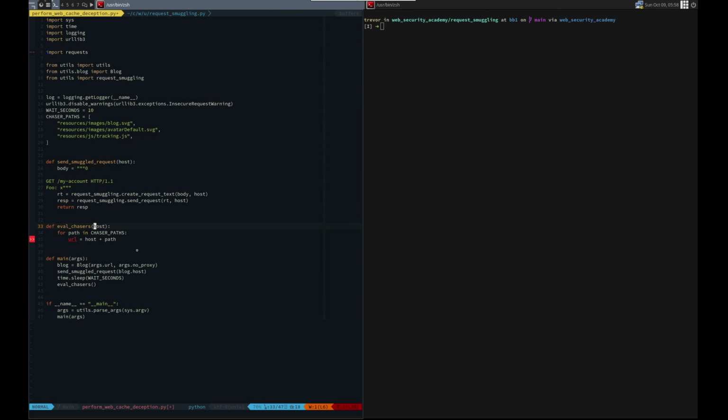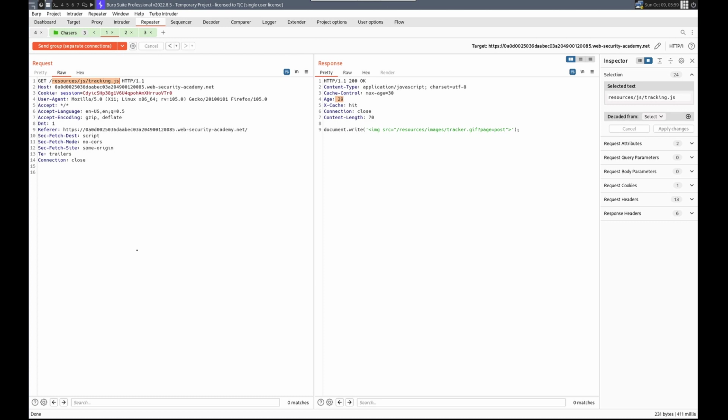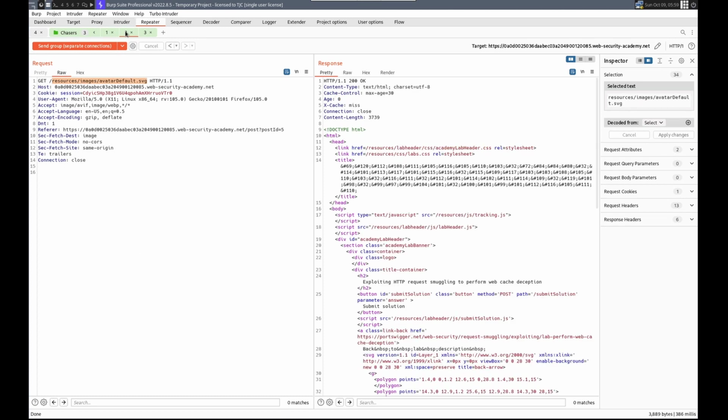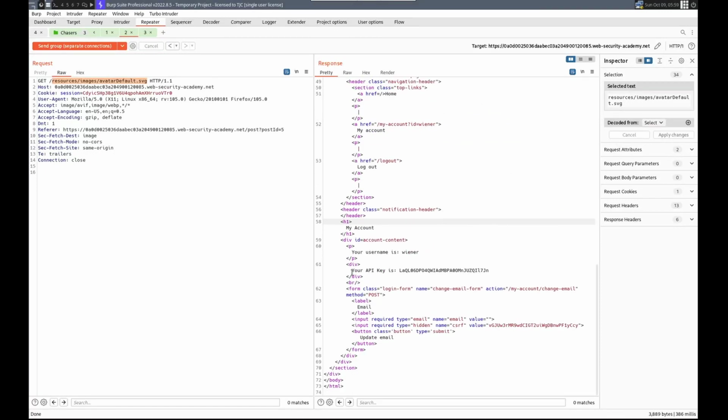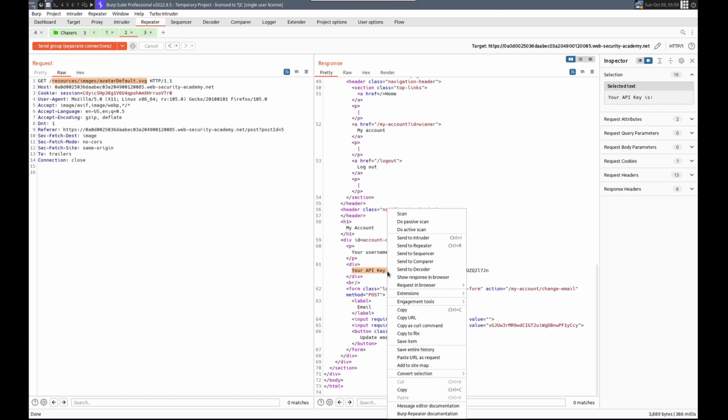And we should just pass in the blog, because with the blog we want to do blog.get of the host and save that. Change the word URL and save this as response equals, and then if your API key is in the response,